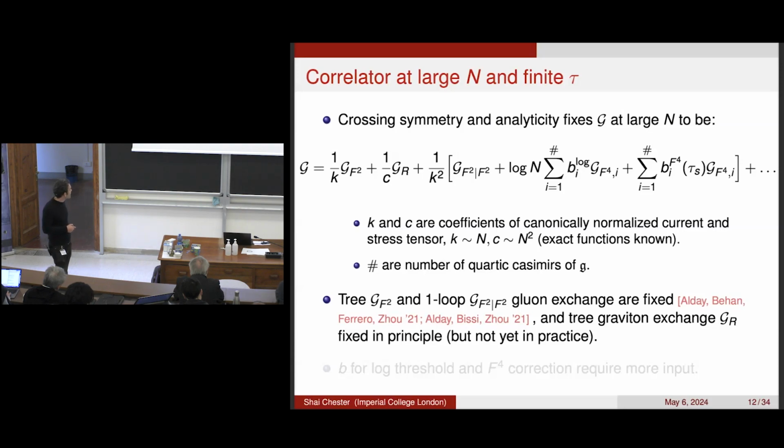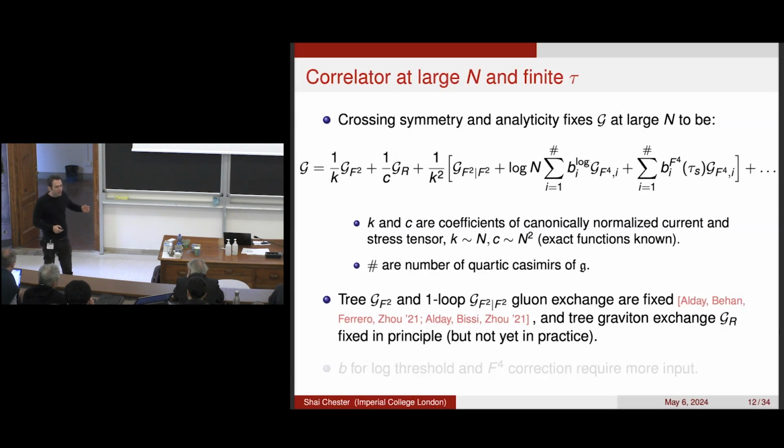Another term which is not automatically fixed is this log n term. This log n term corresponds to the fact we discussed before that in 8 dimensions, you have a logarithmic divergence for the one-loop gluon exchange as well as the tree-level graviton exchange. If this wasn't a theory of string theory, if this was just Yang-Mills in 8 dimensions, you would just have a divergence and you would say the theory is sick and you'd have to throw it out. But because this is a low energy description of string theory, which is UV complete,